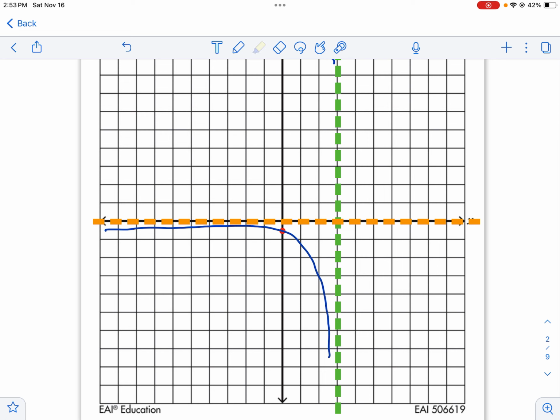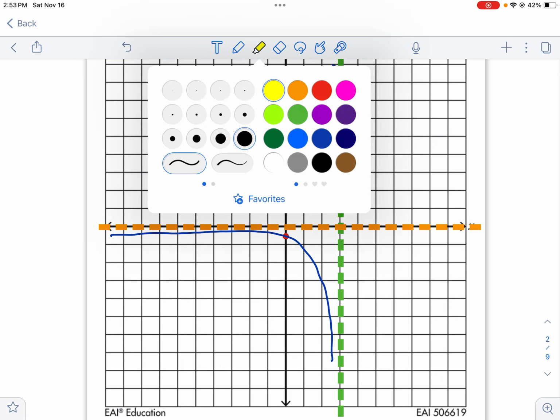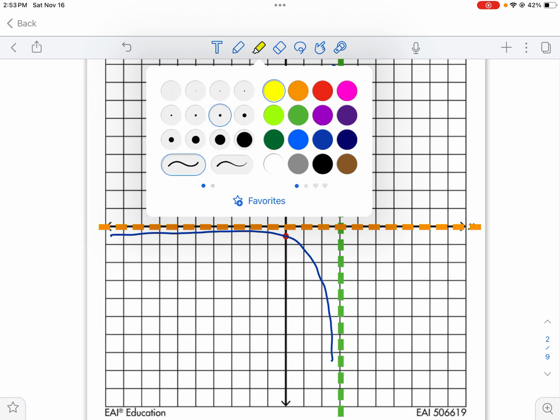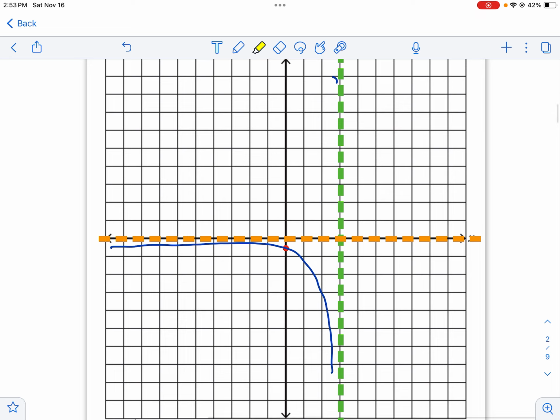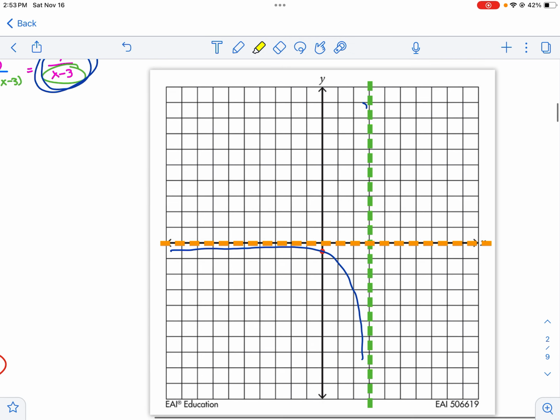On this right side, notice that there is no dot for us to go through. So we've got to decide, is it going to come from up to down, or like that? How do you do that? If you look at this green line, this asymptote, I'm going to find any point over here. I'm going to choose a point. So any of these lines. So let's say I choose the point,